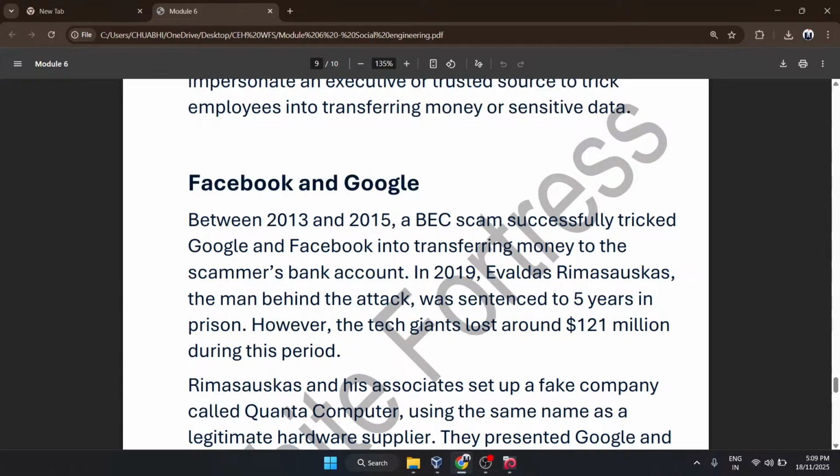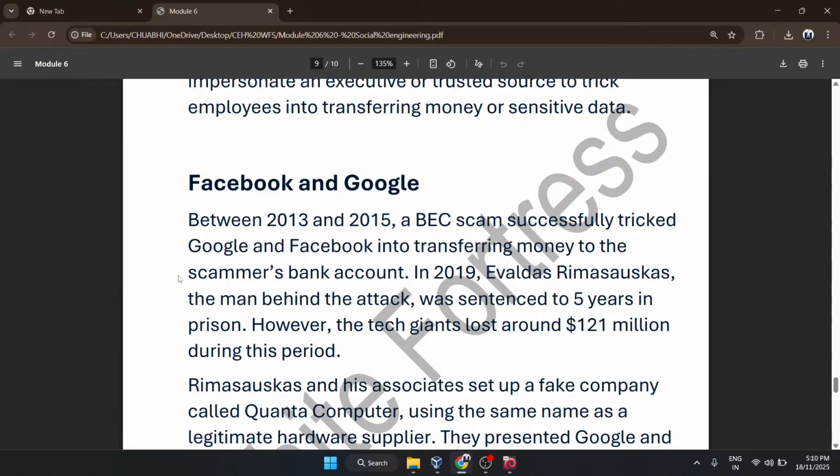Then this person, Evaldas Rimasauskas, sent them mails with attached invoices regarding the purchases that Facebook and Google had made. He found the people who work in that specific finance department and started sending them all the stuff, saying here's your mail and here's the domain name. The person had everything ready.